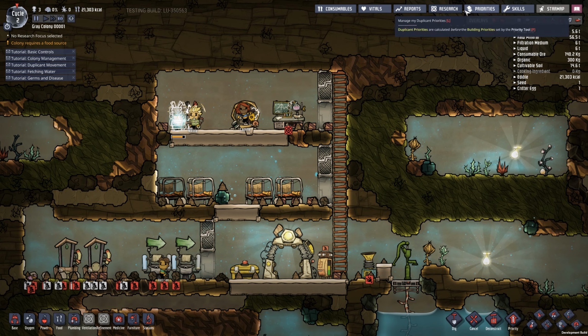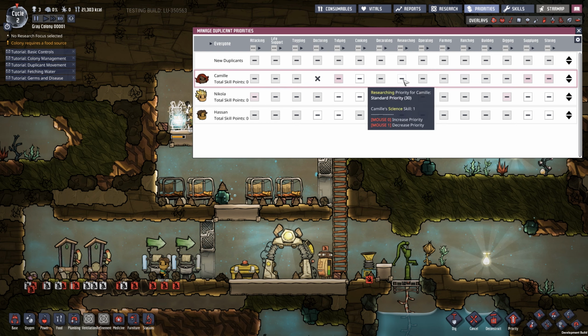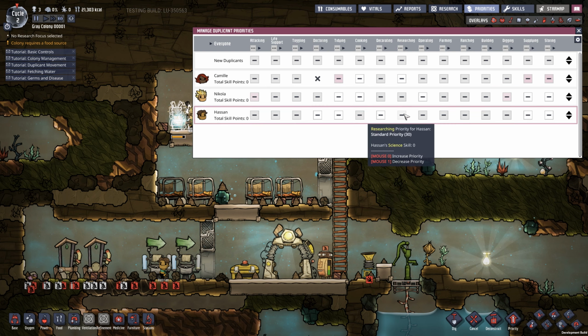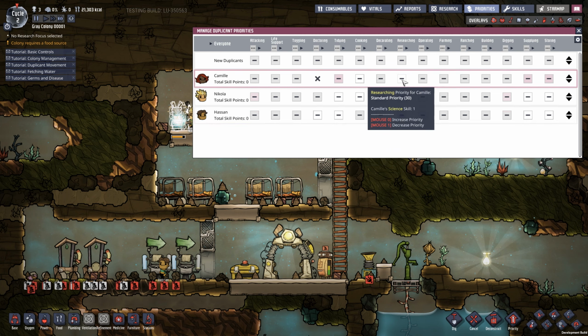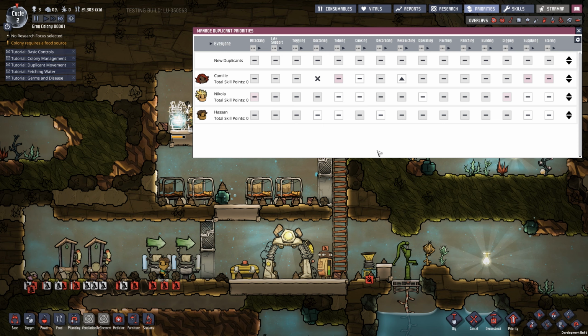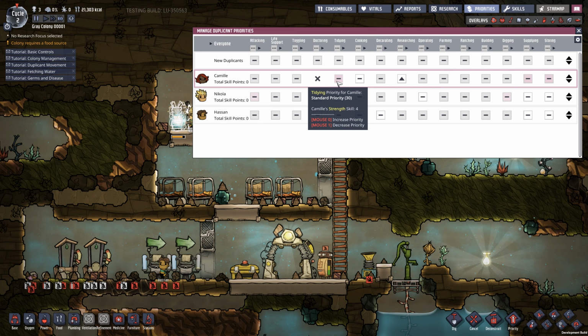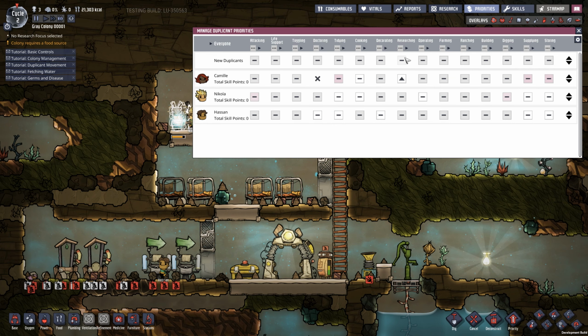Now, let's take a look at the priority screen. So we want to find out which one is actually good at researching and configure them. So science skill, science skill, science skill. So Camille is going to be the researcher. So we'll make sure that's a high priority for her. Not good at tidying. Although good at strength, apparently. Okay. Apparently really good at strength. Okay. Anyway, for the rest of them, we're going to set this to...